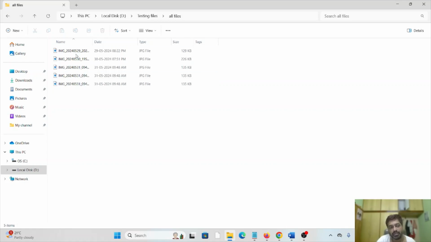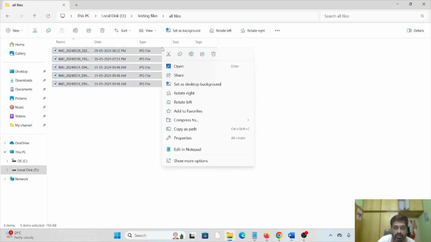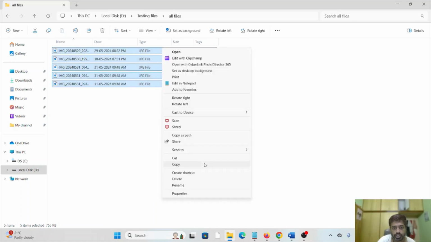Let's assume I have these kinds of files, and if I have more than 2 to 3 files, here you can see around 5 files are there. Suppose I want to compress all those files into a single file, you can just select all the files and right click on it, and here you can see the option called show more options, and here you can see send to compressed zip folder. Once you click on the compressed zip folder,